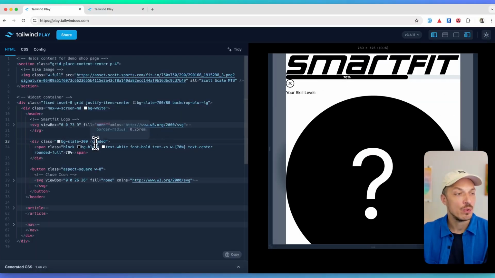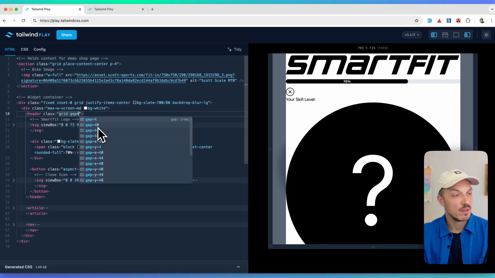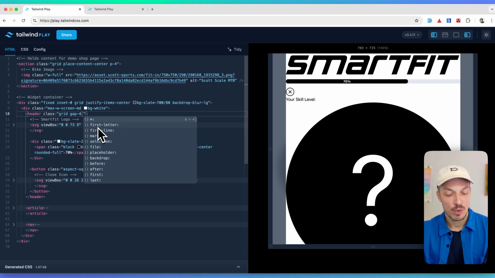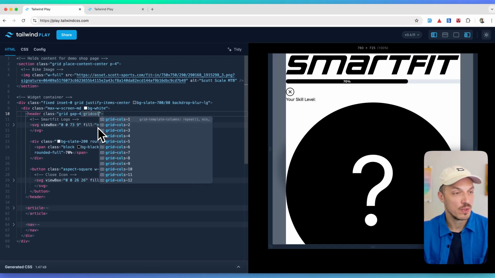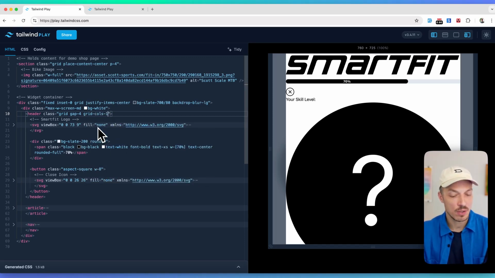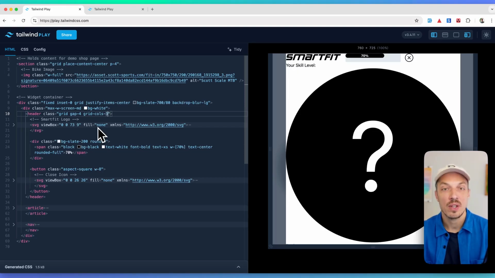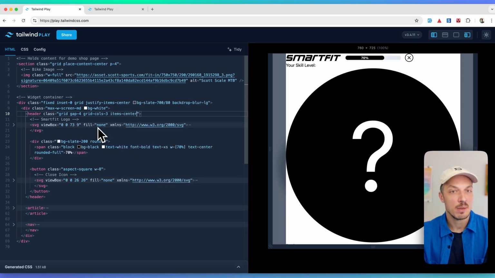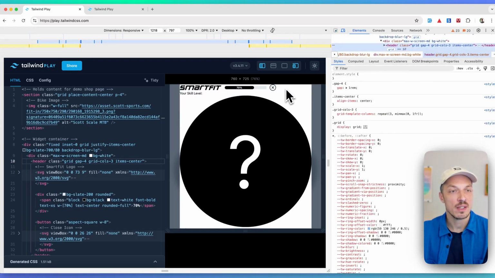So I'm going to use a little interesting trick here. First, let's set up our grid. We're also going to give it a little bit of a gap so that the progress bar and the logo never really touch. And now we're going to define the columns. We're not going to just do the 3. We could do this and see it working already. Let's align the items in the center so we can see that this is working. If we inspect this, we can see we have our 3 columns coming in right here, but the